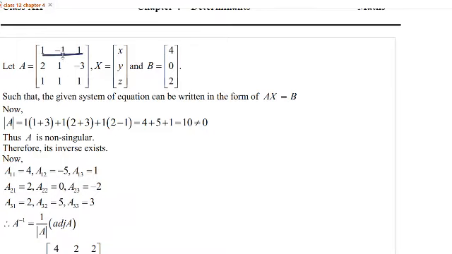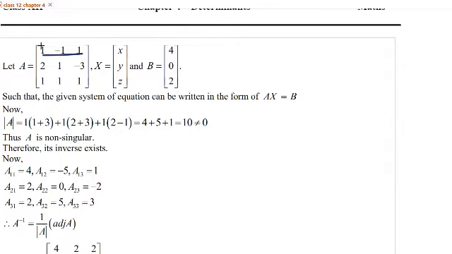So 1, changing the sign of this minus 1, 1 again, then 1 again. Hiding this one by row and column, I'll get 1 plus 3. Hiding this minus 1 with row and column, I'll get 2 plus 3, that is 5. And hiding this one by row and column, I'll get 2 minus 1, that is 1. So 4, 5 and 1. It will make 10, right? And now the tougher part, that is finding the minors and